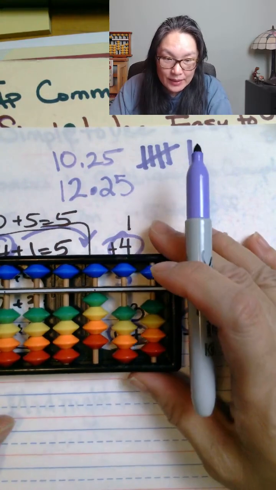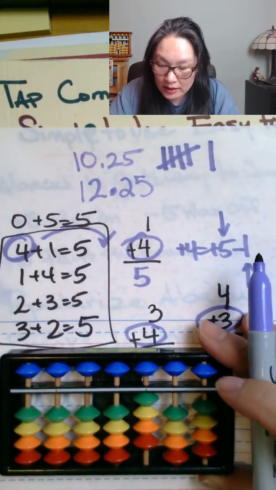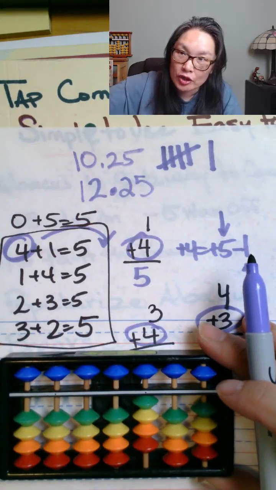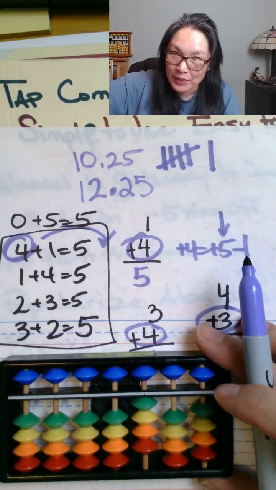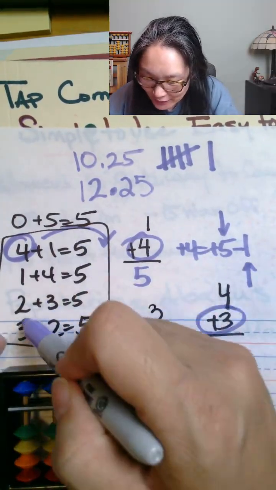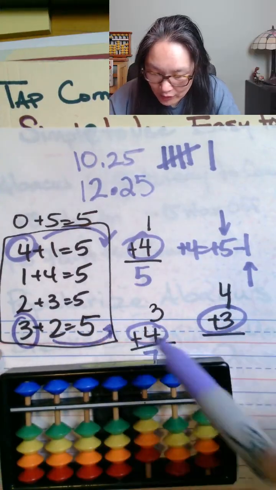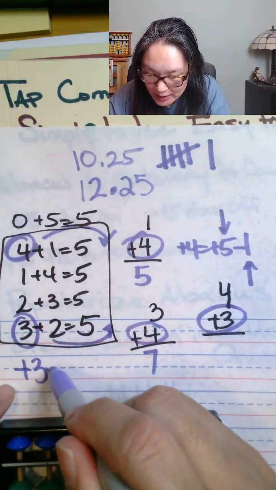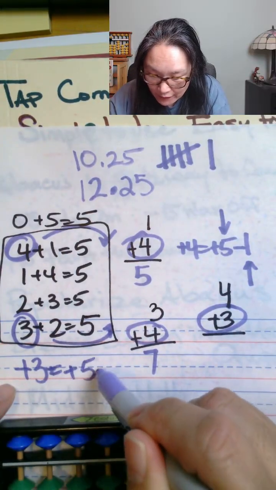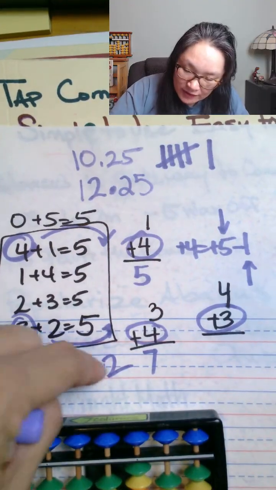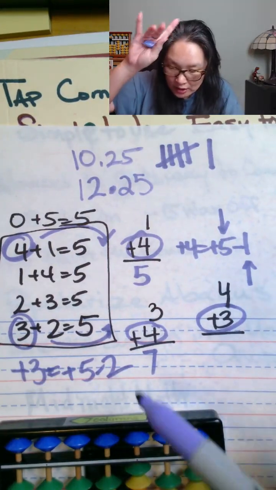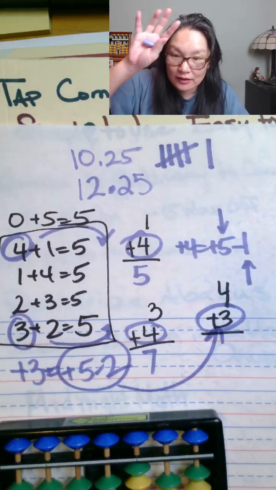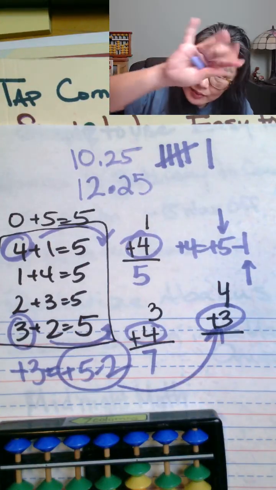Well, my abacus, my formula, I'm going to manipulate this. I'm going to rearrange it. I'm going to isolate the variable. I'm going to use an algebraic term to make sense. It's going to isolate the variable and move it over here. So now it's going to be plus the 3 is equal to plus the 5 minus 2. So when we plus the 5 minus 2, we're going to use another algebraic term. We're going to substitute this information to here, right? So when we substitute it in,